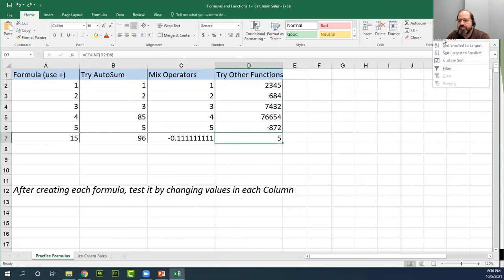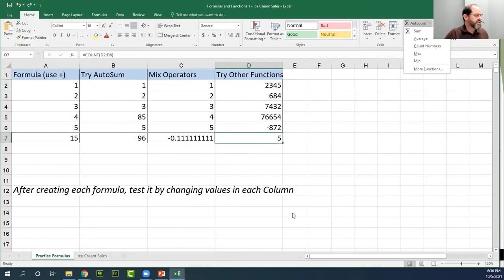And then max and min just give you the largest number and then the lowest number in that range. Okay, are there any questions from what we've done so far? I'm going to move on to our next